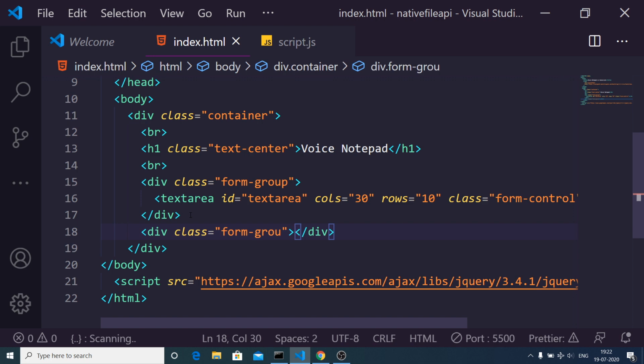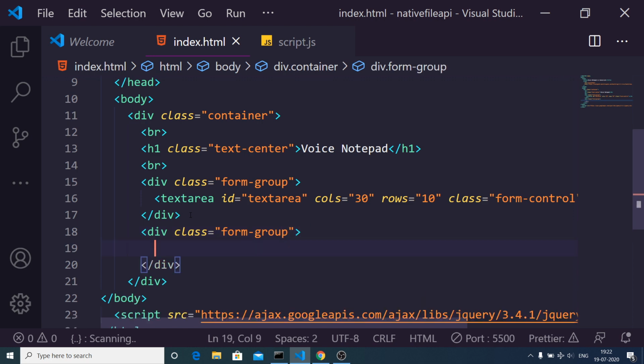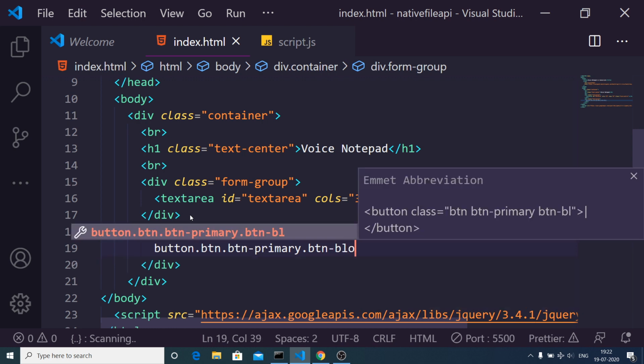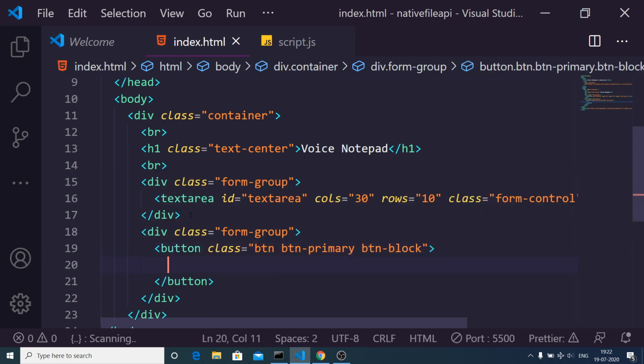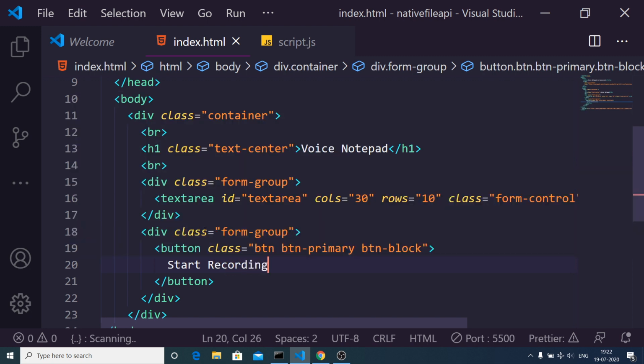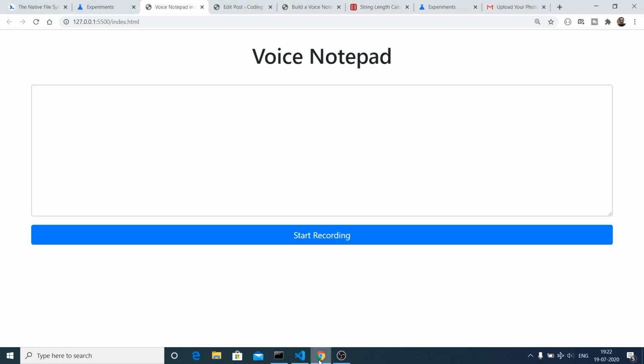Inside this we will have the first button which will be for start recording. This will be a primary button. This will take the full space by btn-block, and this will be simply start recording. If I refresh it now, you will see a button, start recording.